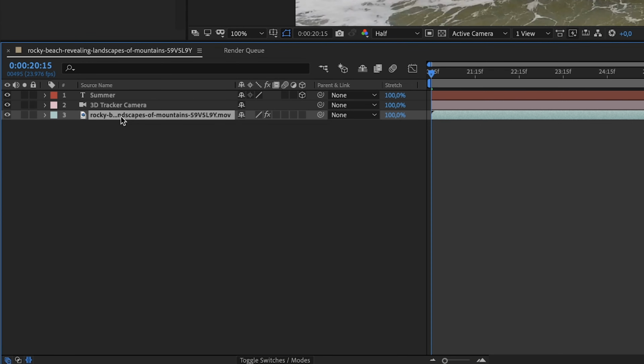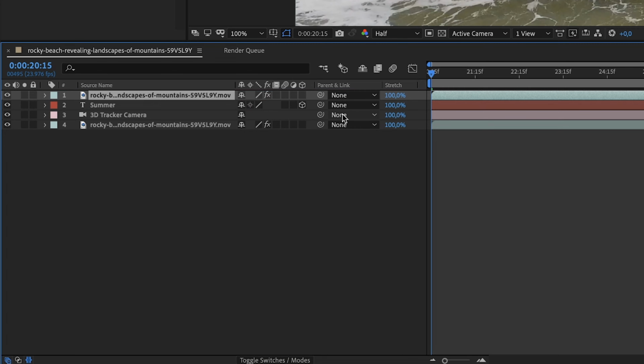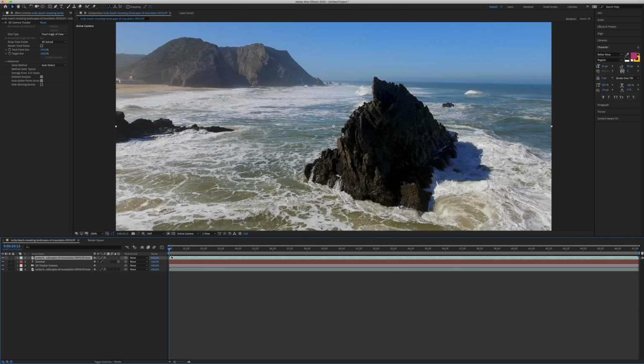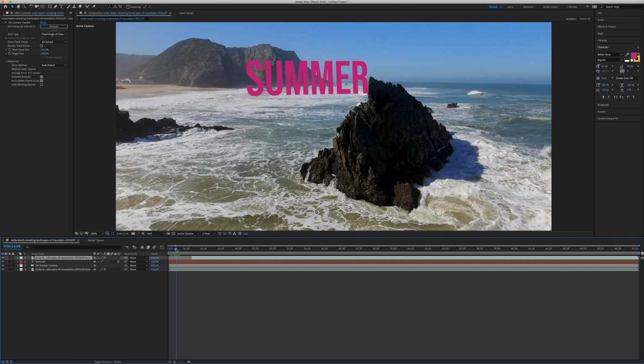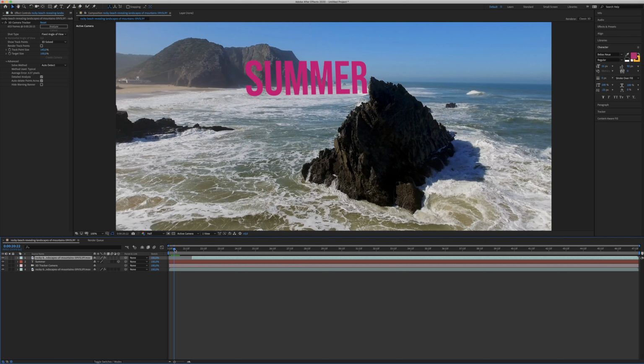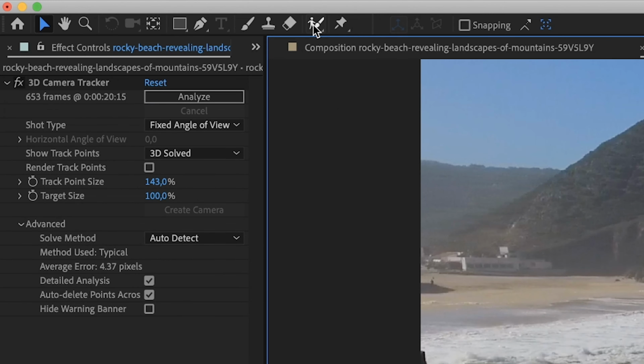In order to do that, I will duplicate my video. I will put it on top of the layers, so it will cover everything. Now we won't see the text. And I want to make it a little bit shorter. So you can see I'm looking for the point just before it goes behind the mountain. I will shorten the clip to that point, double click the clip, and now we have to use this tool,